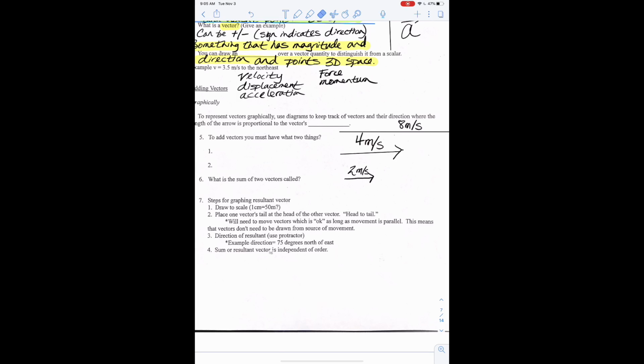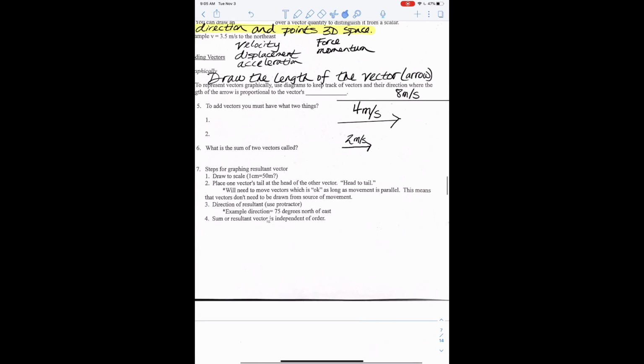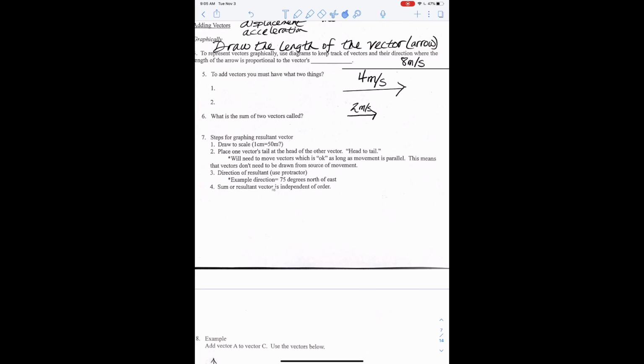Let me erase that. Let's write that somewhere. So we'll say right here, draw the length of the arrow, which we're going to call a vector, right? It's an arrow. Draw the length of the vector, which is an arrow, just put that in parentheses. Kind of running out of room here. Let's see if I can draw the length of the vector or arrow